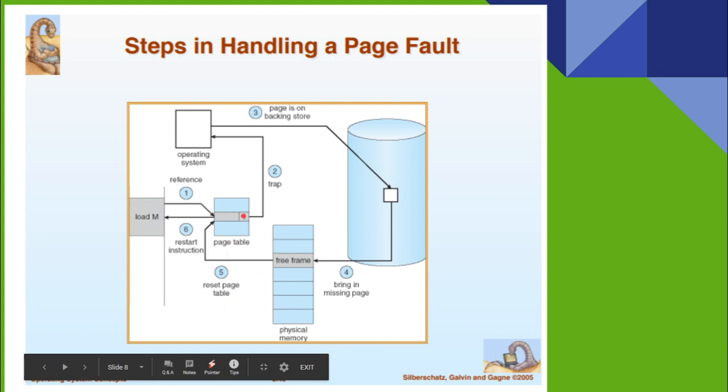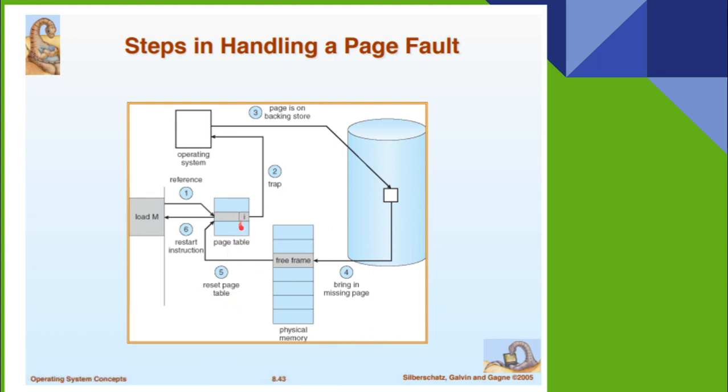Why reset? Because initially the entry was I, not available, and now that it has been brought in, it becomes V. After the page table is reset, the system can restart the instruction. Now when it restarts, naturally the necessary page is in the main memory, and it can keep on working. Then the process goes on. When another command comes, a new page has to be brought in. This process repeats to get the necessary pages into the main memory and push others back. That is, the swapping is done by this arrangement.